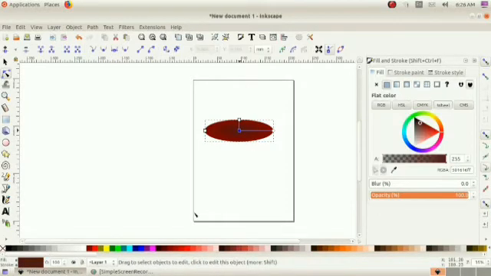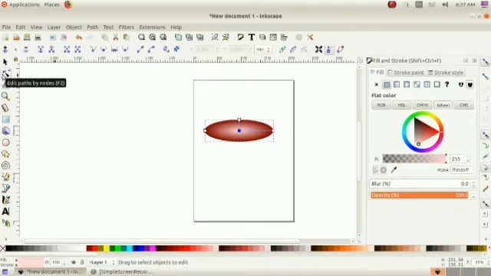Firstly I am drawing an oval horizontally, and select it and change the color. Then select the edit path by node tool, and when we click on this tool, we get a baseline here.